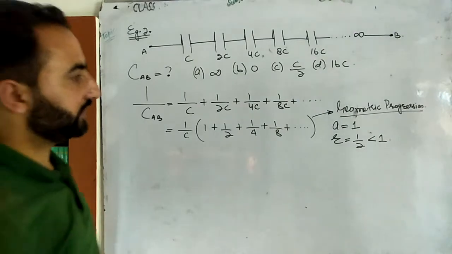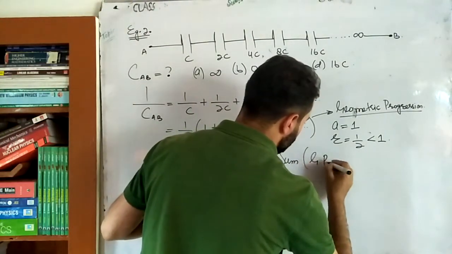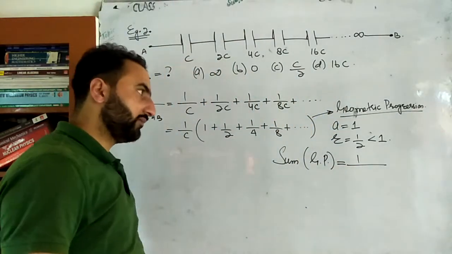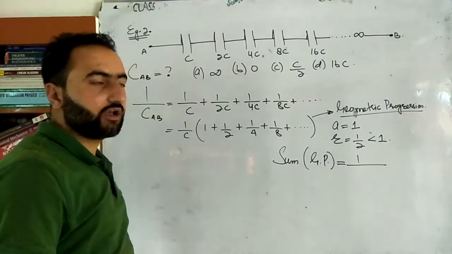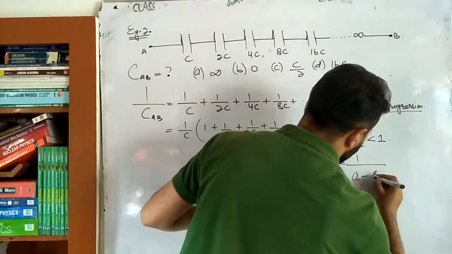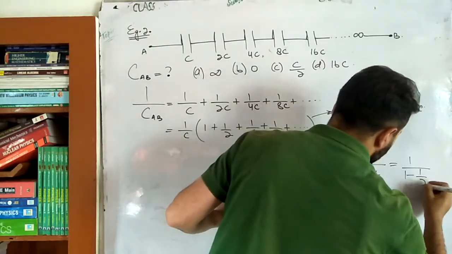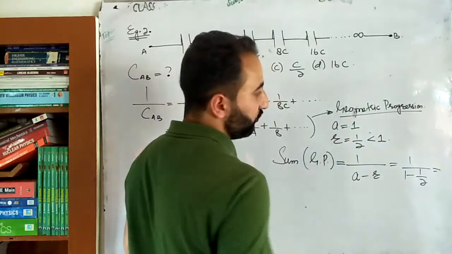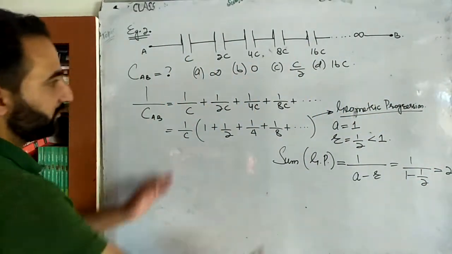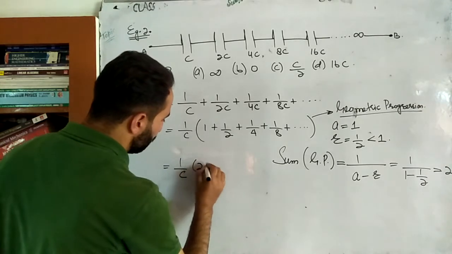Now summation of GP. So here I will write down the summation of GP. Summation of GP is equal to what? That's equal to 1 divided by A minus R or R minus A, depending upon whether A is greater than R or R is greater than A. This time A is greater than R, so it is A minus R. That's equal to 1 divided by, in place of A, 1 minus 1 by 2. ठीक है ना बेटा? So 1 minus 1 by 2 is 1 by 2. उसका reciprocal 2 निकलेगा. So this will be 2. That means the summation of all these terms is simply 2. So it will be equal to 1 by C multiplied by 2.